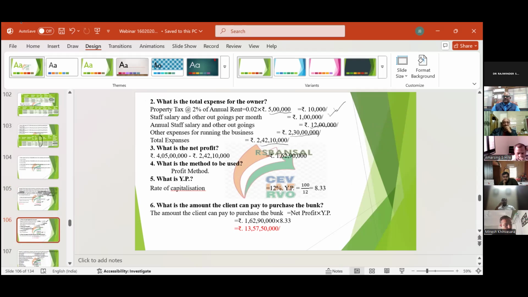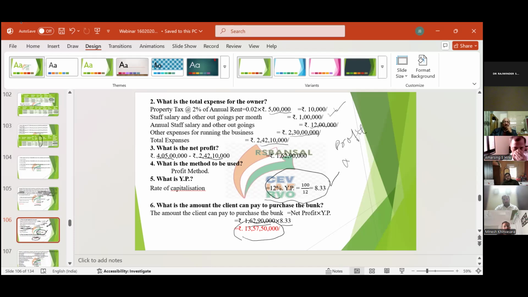What is the net profit? 4 crore 5 lakh minus 2 crore 42 lakh 10,000. So you calculate 1 crore 62 lakh 90,000. And YP at 12% you can calculate it is 100 upon 12, which is 8.33. You multiply net profit with YP, that will give you the value of the petrol bunk, which is 13 crore 57 lakh 50,000. So this is similar to income approach, but instead of rent here you will be getting profit